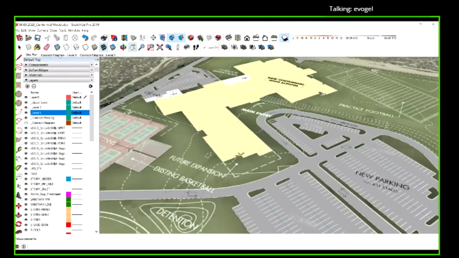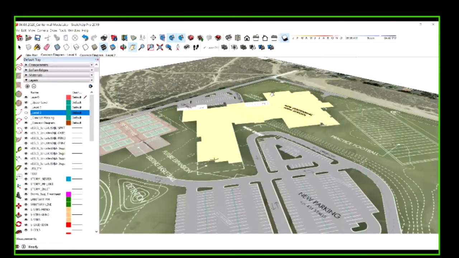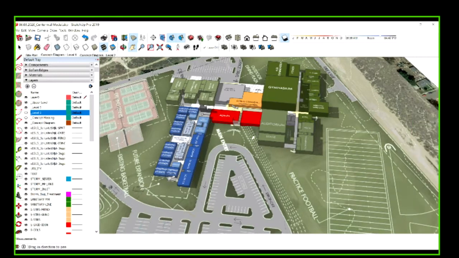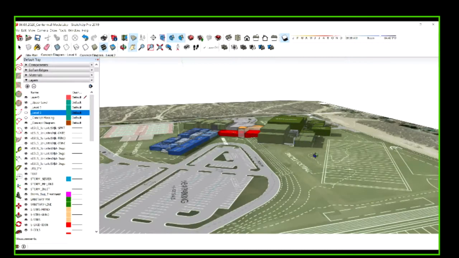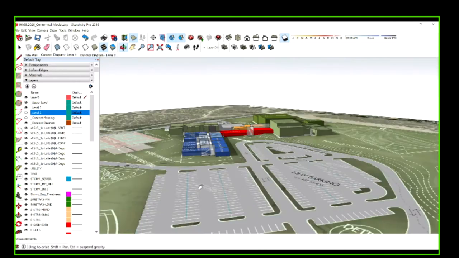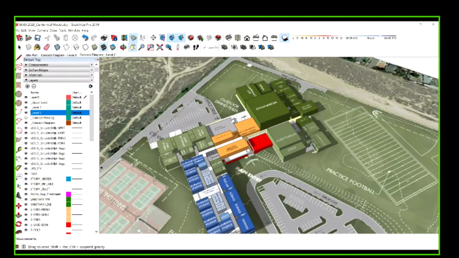As we throw in our block diagrams, this is that main level. There's the heart of the school right there. We have our classroom wings. We have our CTE, our athletics, and our gymnasium. And those actually, in our auditorium, step up a few feet. You can see on the site. And level 2 will just simply be a stacking of both the classrooms and the library and the student union. So that should all flow and function really great.